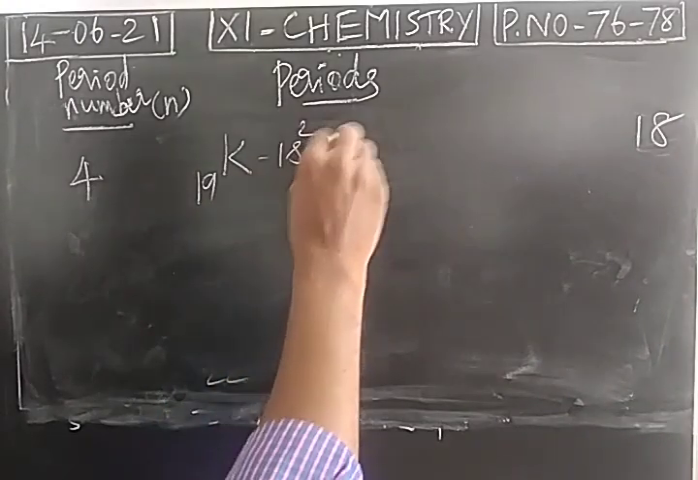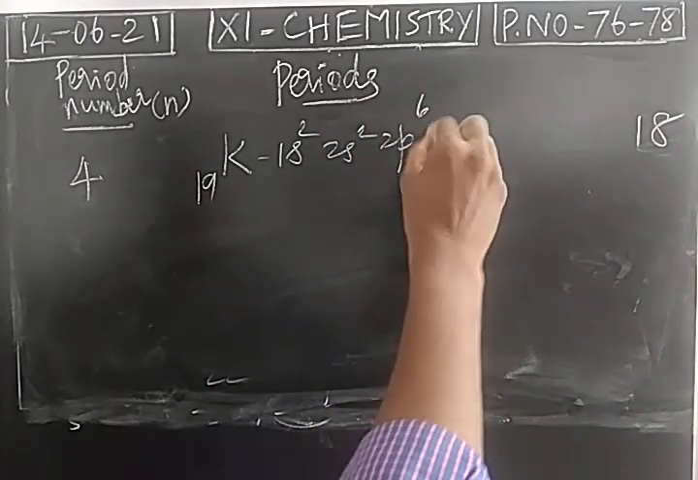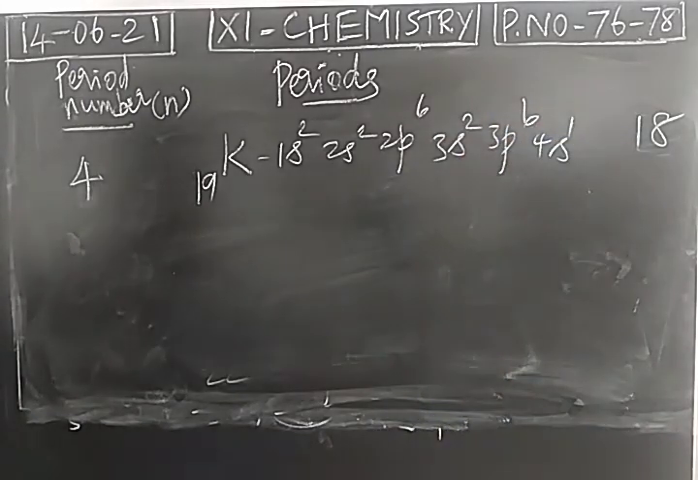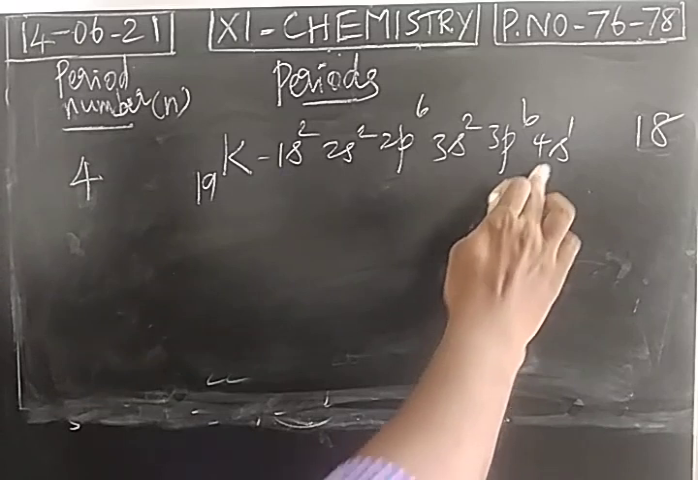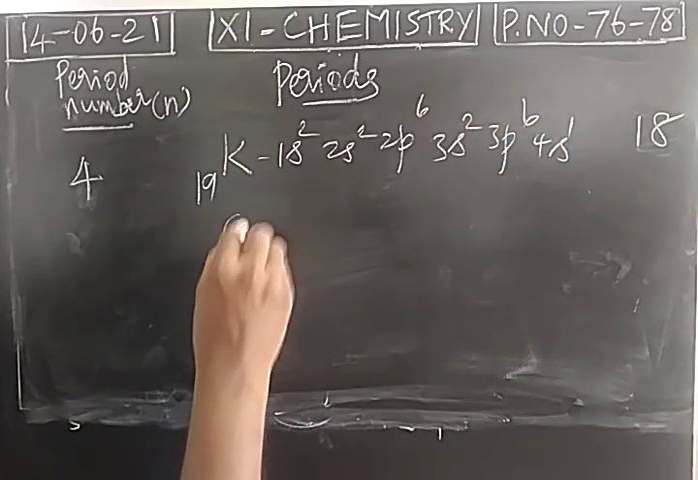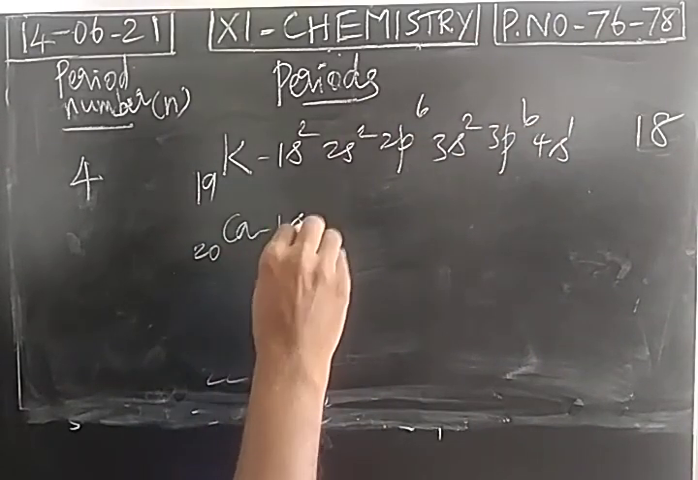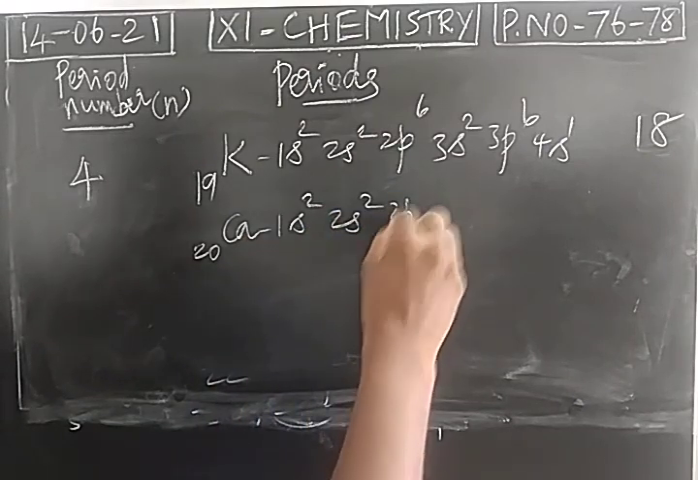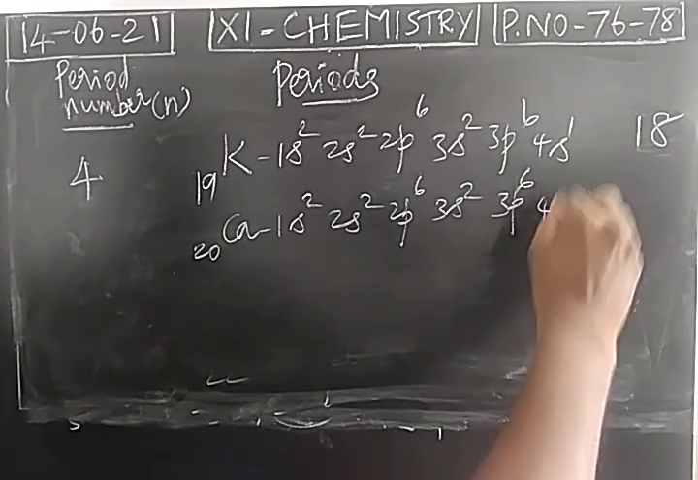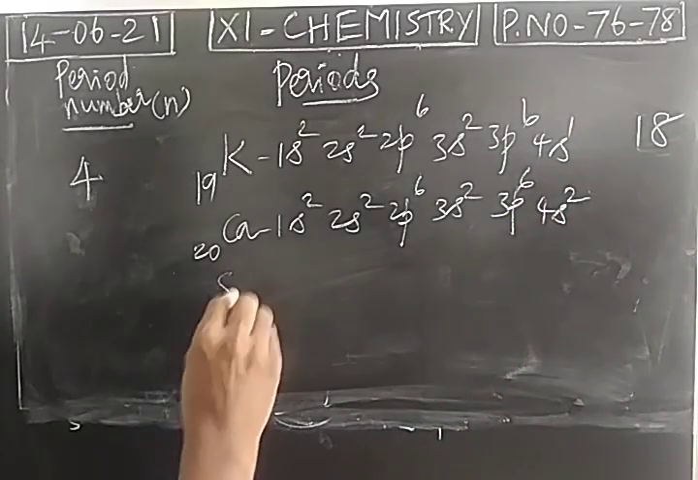Potassium 1s2, 2s2 2p6, 3s2 3p6, 4s1. The outermost orbital will be 4s orbital. So 19 electrons placed. Then when you take calcium, 1s2 2s2 2p6, 3s2 3p6, 4s2. Then scandium